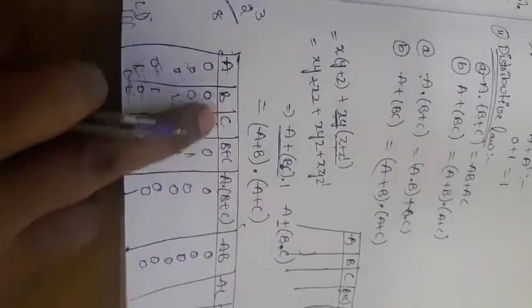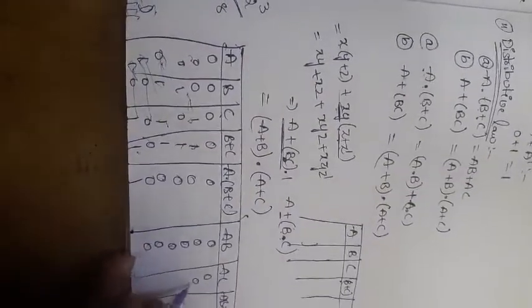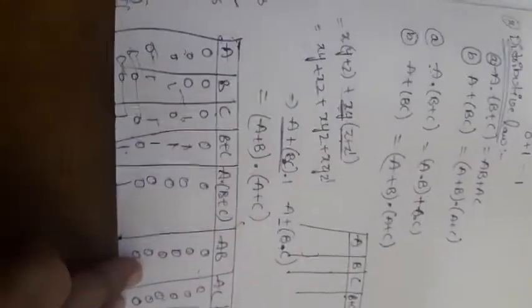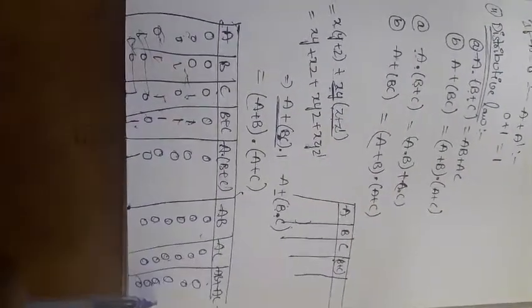And if you need AC, you just need to multiply the first and third column. So 0 into 0, 0, 0 into 1, 0, 0 into 1, 0, 0 into 1, 0, 1 into 0, 0, 0 into 1, 0. So now add these two terms. So all our zeros will get the result 0. Okay, so now check it. The LHS part is completed and the RHS part is completed.